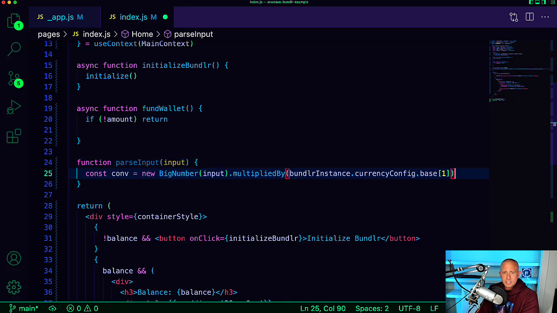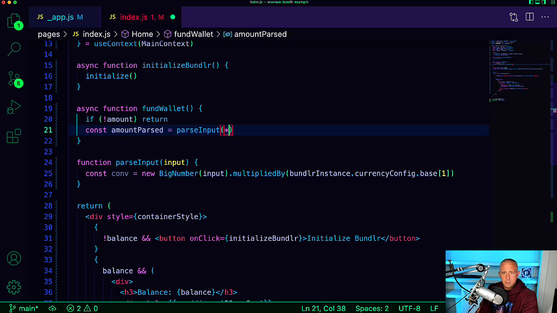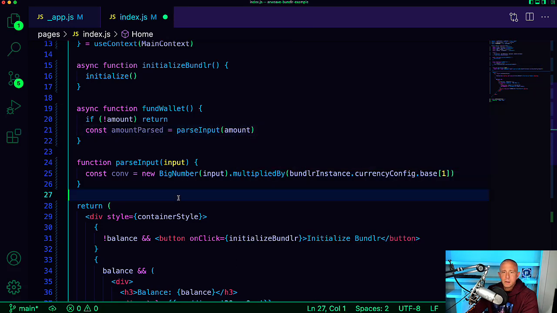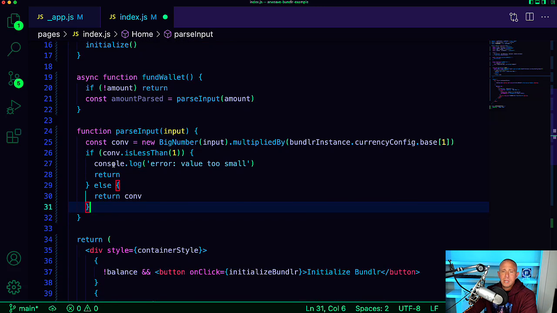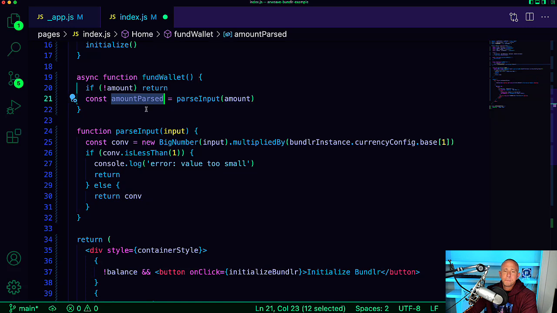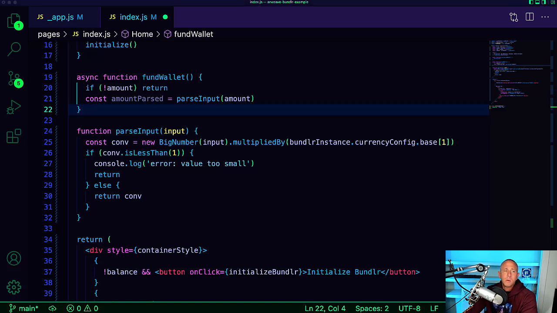And then here we want to take this value that will be passed in. The reason we would split this up is that we want to make sure that we have a value that's acceptable, and we check to see if it's less than 1. That means the value is too small, and if it's not less than 1, we return it. So that means they will not have anything returned if they don't put in the right amount. So after we have that amount, we can now call Bundlr